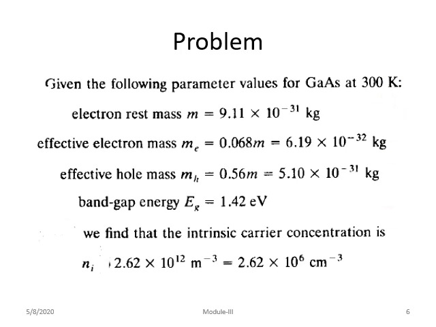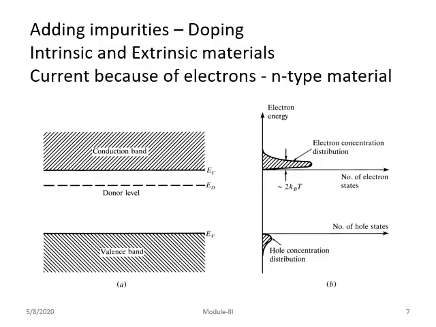So this is how we can calculate the concentration of either electrons or holes. Meanwhile, this is another kind of distribution diagram, very similar to the earlier one, but we have certain points which can be defined by adding impurities, which we know as doping. If an external impurity is added to the pure material, then the method is called doping.